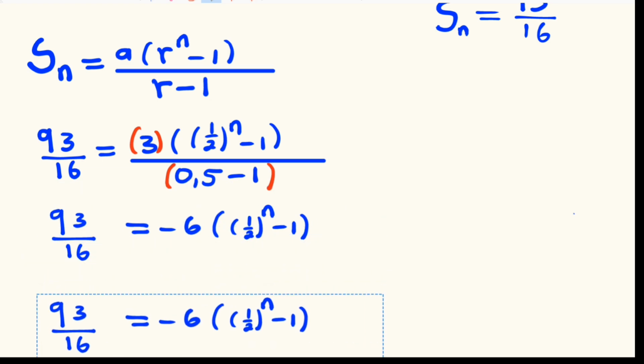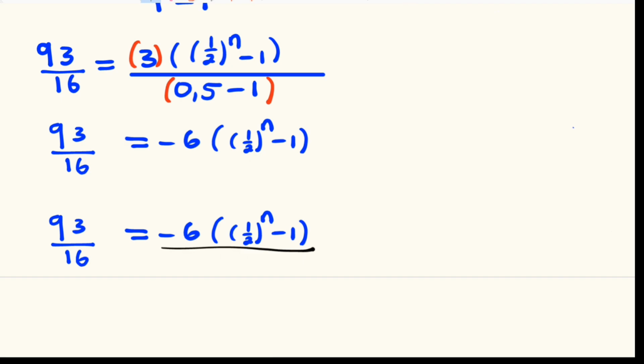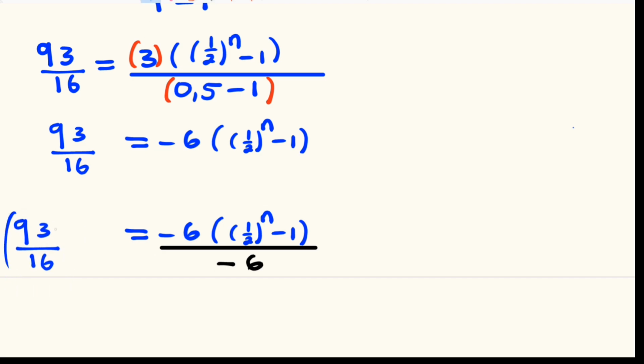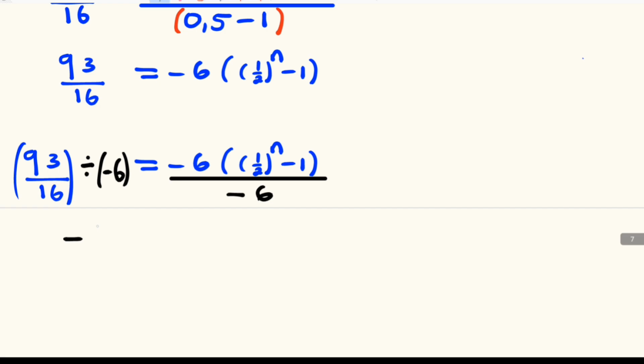We have to solve for n. We divide both sides of the equation by negative 6, and on the left hand side, we avoid having a 3-story of fractions, so we are going to divide manually. So we are going to use the traditional division. So we have 93 divided by 16. We use this division sign, so the old one, so we divide by negative 6, and 93 divided by 16 divided by negative 6 will be equal to negative 31